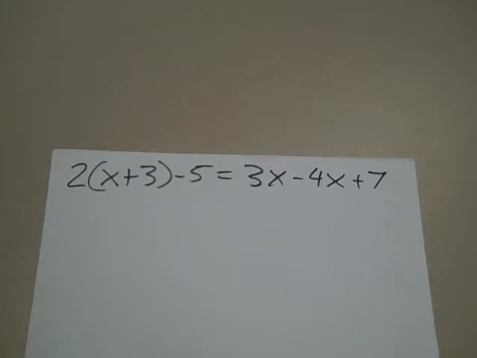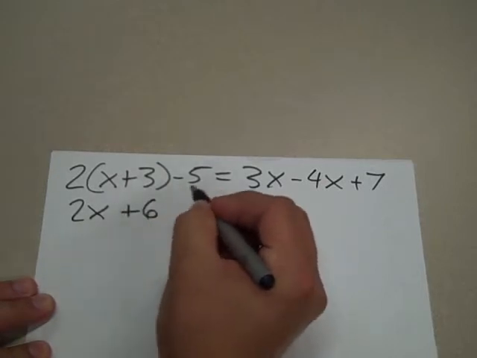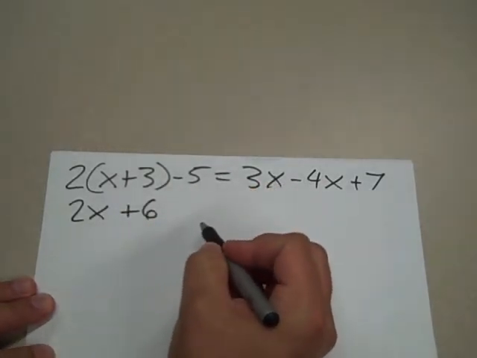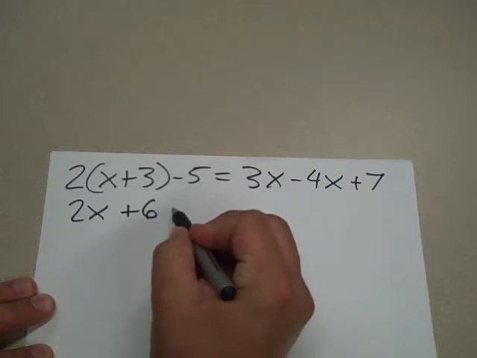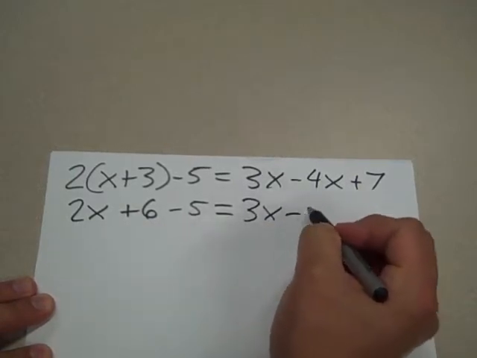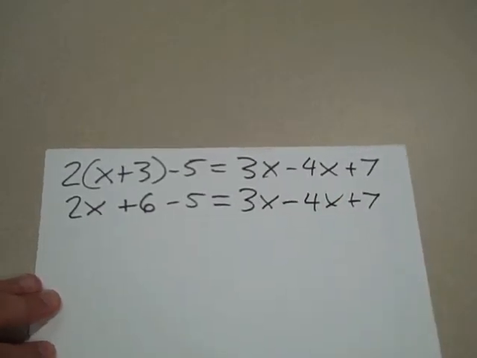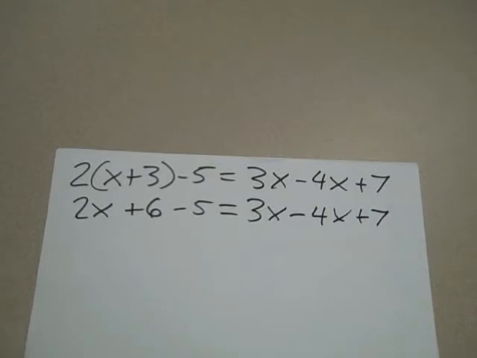Okay. The first step was to do the distributive property, so we're going to do that now. So I'm going to go ahead and distribute the 2 times the x and the 3. So we're going to get 2x plus 6. And then after I'm done doing that, I'm just going to bring down everything else that's in the equation. Minus 5 equals 3x minus 4x plus 7. Okay. If we go back, the next step in the process